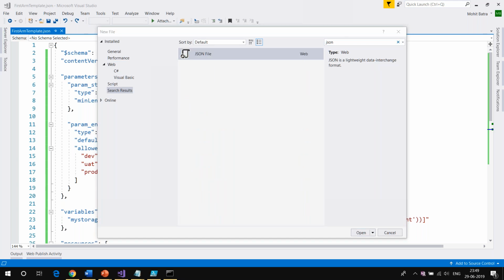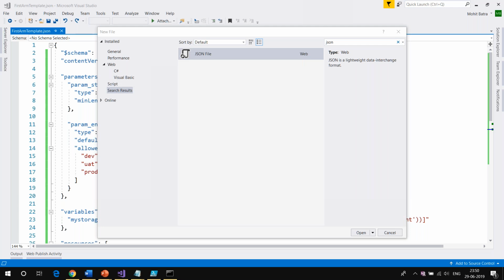Okay, and Raj Babu is asking, in the entire session going forward, is it coding only or GUI as well? So Raj Babu, going forward, I would say 95% of the time it is going to be via the portal, not through the ARM templates. But the reason for showing you this is it is important for you to understand how these ARM templates work. In the exam you might get questions related to it, and when you are working practically in your projects, you will definitely be using ARM templates, not the UI. So that is why it is very important to understand the ARM template.